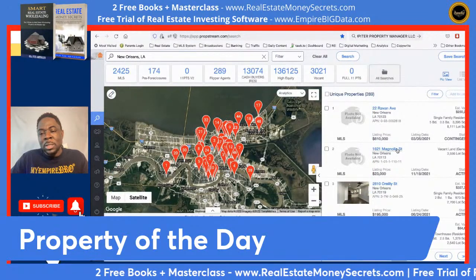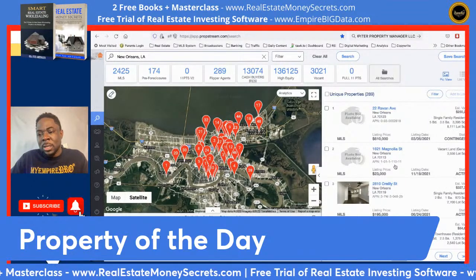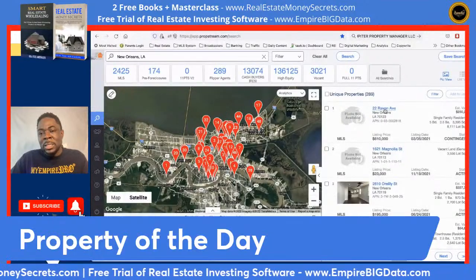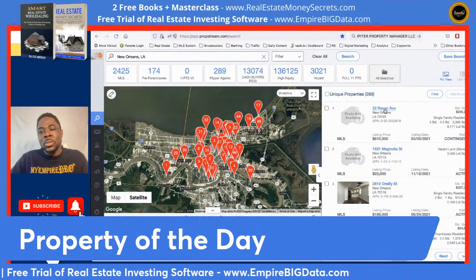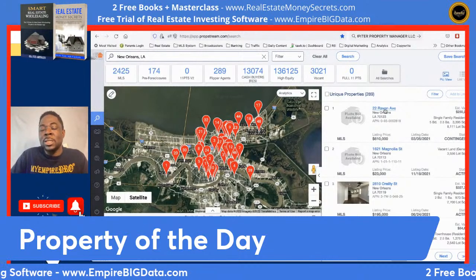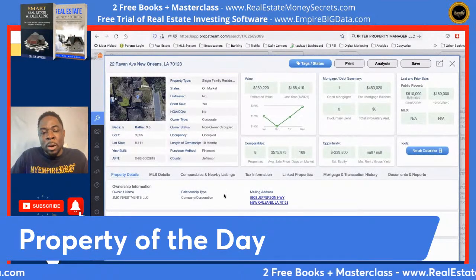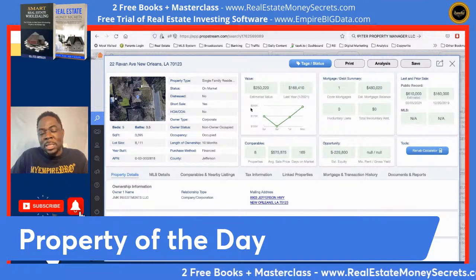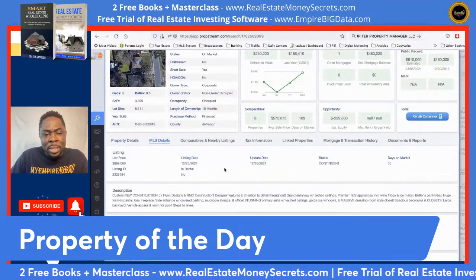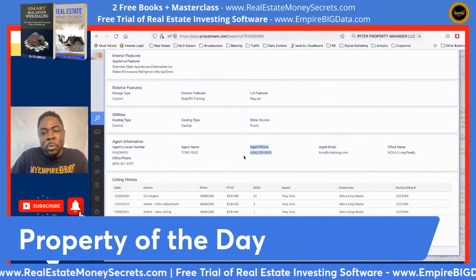It's 289 people on this list. These are agents that have worked with cash buyers, okay? These are actual agents that have worked with cash buyers. So what happens is that these are properties and what you're looking for. So instead of having to skip trace or basically find the contact information for the cash buyers, you have direct access to put food on the table of this agent just by simply going through that quick list called the flippers. You go under MLS details, you scroll through here, you can see the agent's phone number,